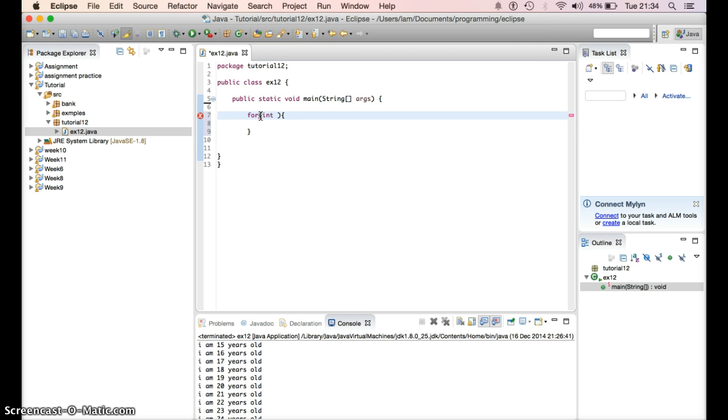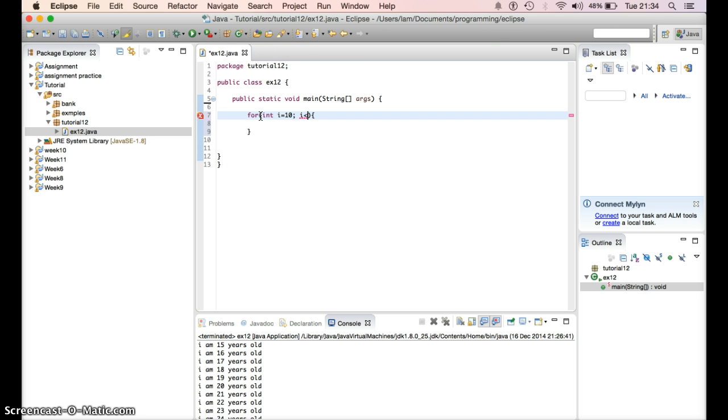We call it int i, and int i equals, let's say, 10, because we can want from 1 to 10, or from 10 to 20, or 10 to 19. Then we say, if i is less than 20,